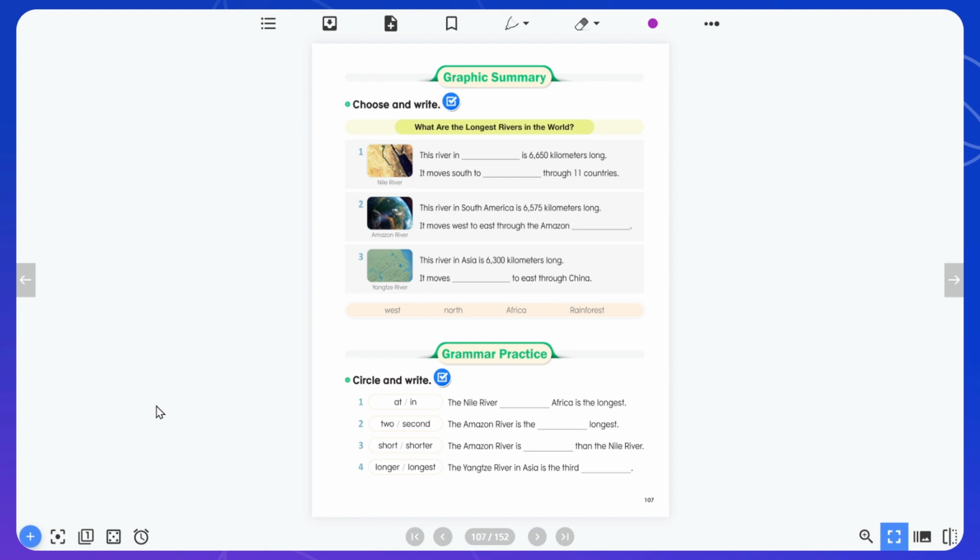Now, the game will have helped you with the graphic organizer. So complete both activities, choose the correct answers that complete each sentence. In the graphic summary, please write the word in the space provided. For the grammar practice, you can circle the correct answer. After you have circled the correct answer, you can write it into the space as well. So I will give you about 5-10 minutes to practice this with your friends, and then we will check our